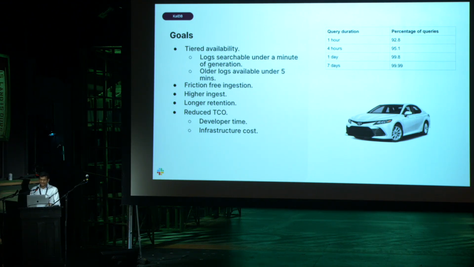The reason is this. You see the table here. You can see that a majority of my queries, almost 93%, are for the last 1 hour. So if you are, let's say, behind by 4 hours, very likely the log that you ingested is probably never going to be queried. So spending time ingesting older data when you do not have fresh data is actually problematic. This is why we want to do tiered availability.